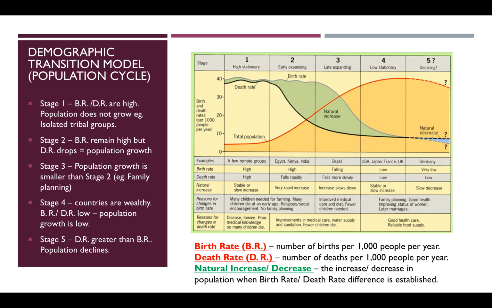The factors which affect population growth, and that's a very important video to look at as it applies to this also. But if you look at stage 5 here, this is an important stage because you actually see the population beginning to decline. And there's a natural decrease, and that's the first time that this is identified on this demographic transition model. And the main reason, well, Germany is an example of a country where this is taking place, and